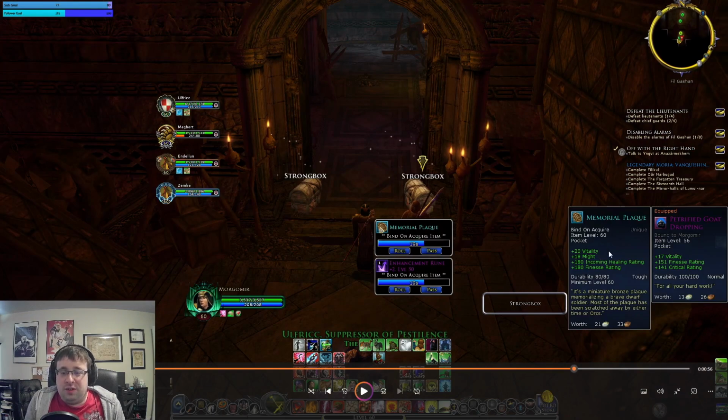This black is really good for tanks. It's really good for might classes. This is probably one of the better pieces that could drop from this dungeon. So this is why people want to run the dungeon, or at least might-based classes do. But yeah, that is Phil Gashan, one of the worst dungeons